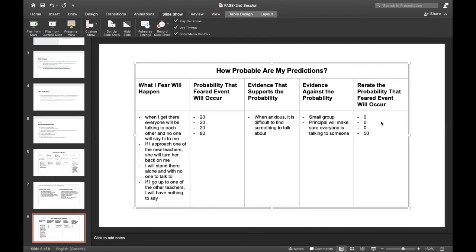I guess when I look at the evidence and I really think about it, a more realistic image would be of me standing in the principal's backyard, talking to the other teachers, or at least being a part of the group, even if I'm not talking. Okay, and can you tell me a little bit more about this new image? Well, I see myself standing there with my drink, and I'm part of a small group, and I'm listening as other teachers say something.